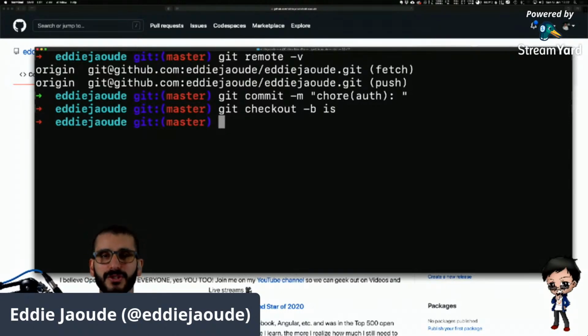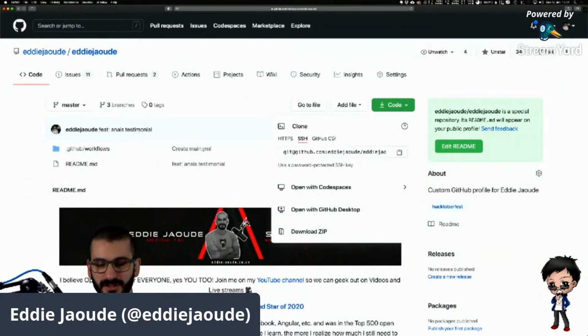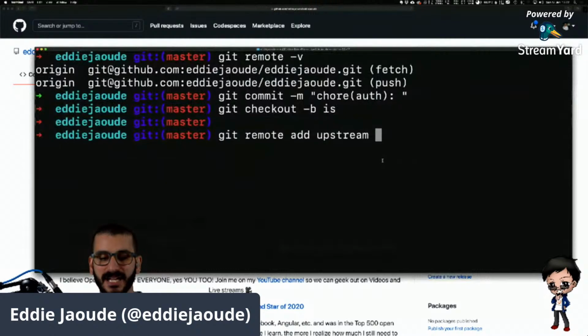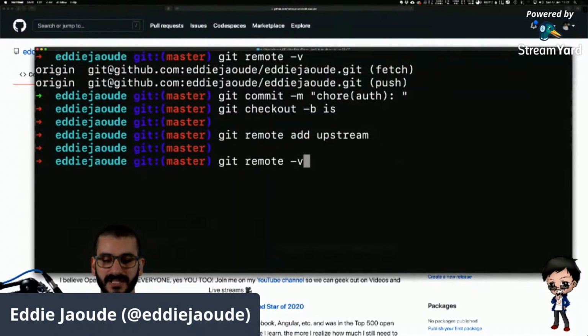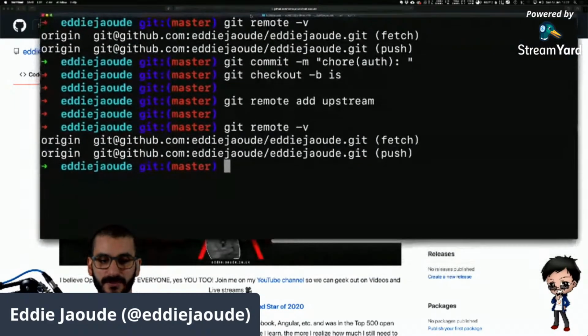But the reason why it's important to do it in a branch off the default branch is once it gets merged, you want to bring down those changes. So what you would need to do is, you mentioned the git remote command. Well, you need to add an upstream. So you would go git remote add upstream, and then you would go to the original repo. So say, for example, this is the original repo. You would copy that and you would add it. So when you do a git remote next, you would have two. You would have origin, and you would also have upstream.